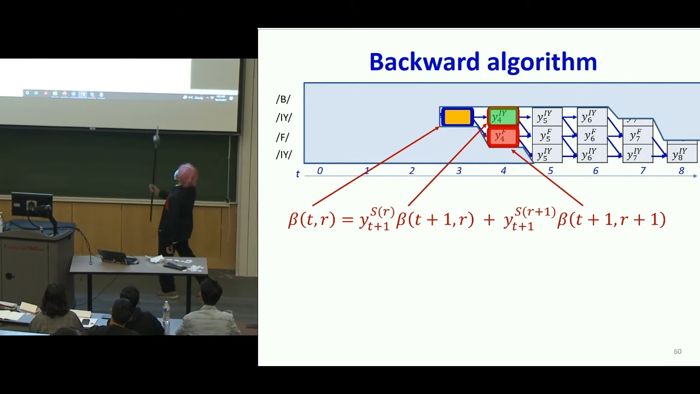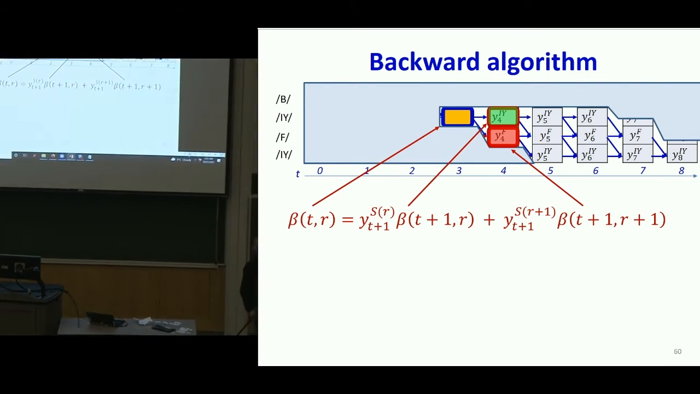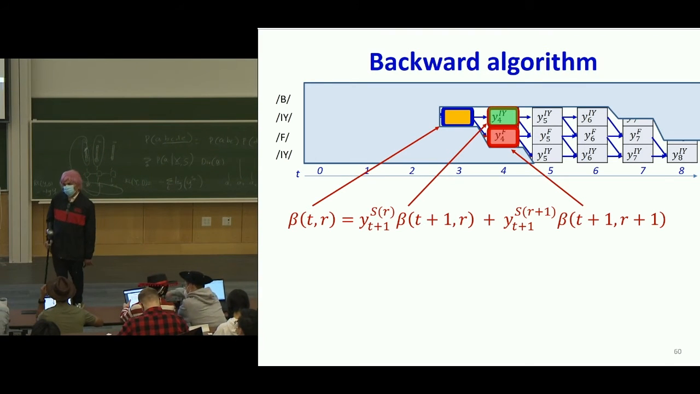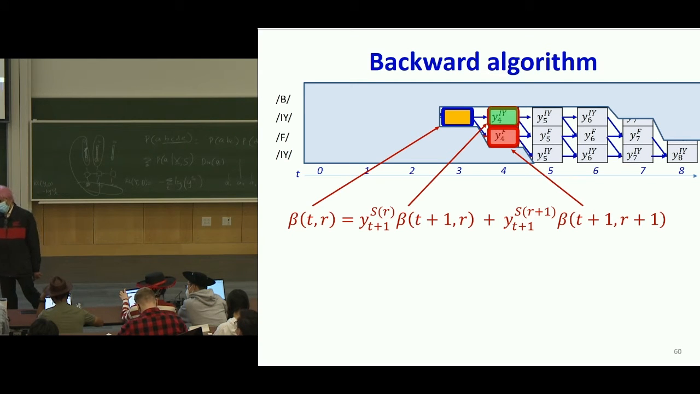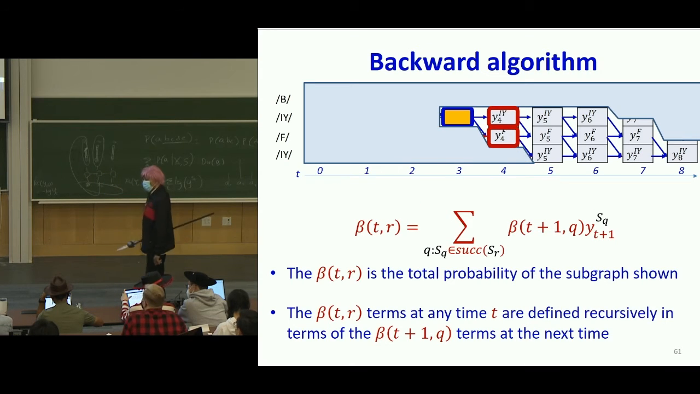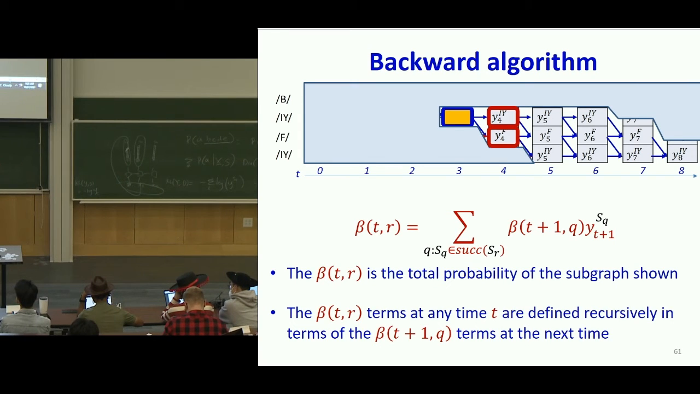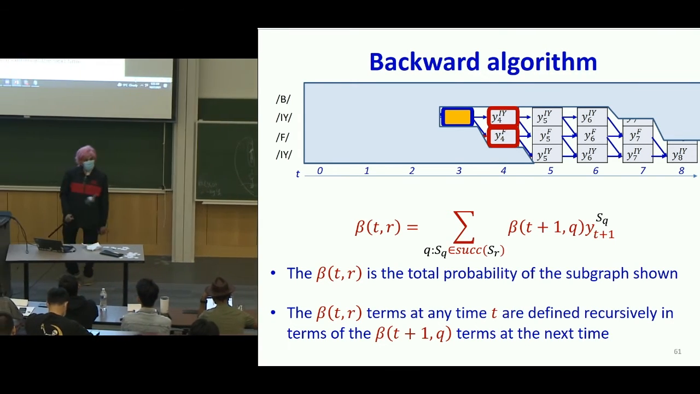The beta is the probability that a randomly chosen alignment is going to lie within the white portion of the graph. A randomly chosen alignment for the rest of the sequence. Okay? Or more generally, I can say beta TR is the sum over all successors of R, which is to